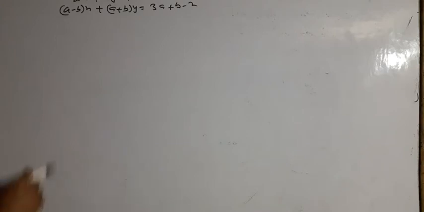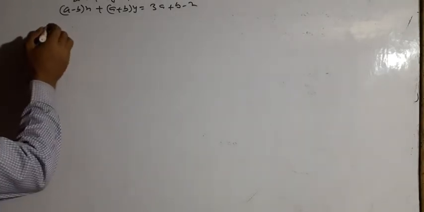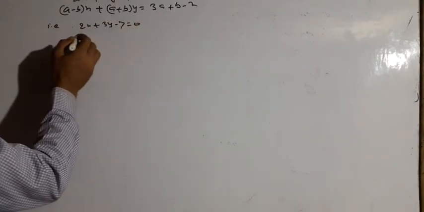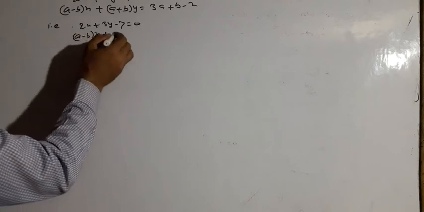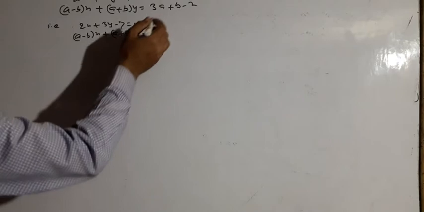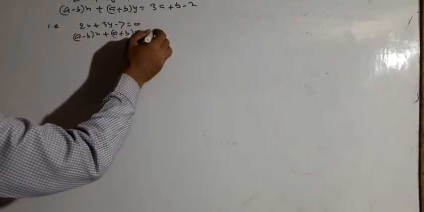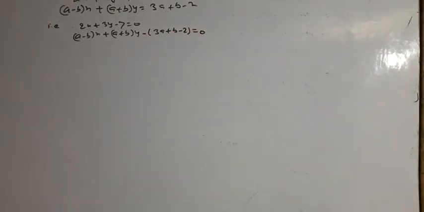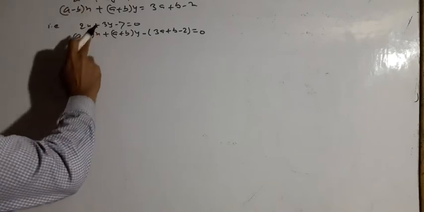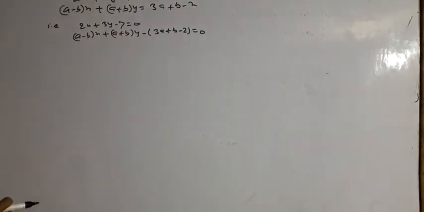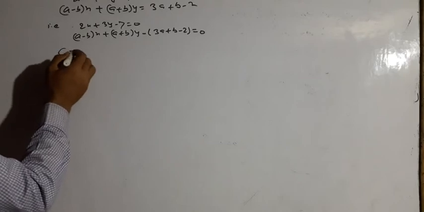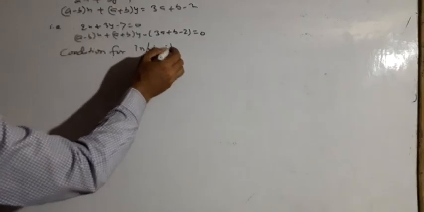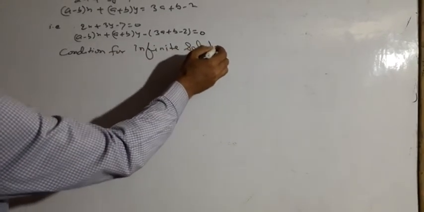First we write them in general form, that is 2x plus 3y minus 7 equal to 0. (a minus b) into x plus (a plus b) into y, and the number on the RHS we bring to the LHS, minus (3a plus b minus 2) equal to 0. First we write the equation in general form, standard form. The condition for infinite solution is